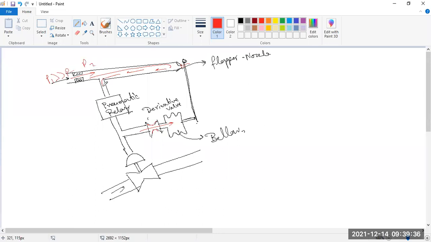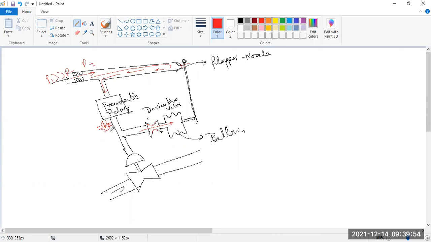Okay, so then it will come to this relay. But whenever this relay gets some back pressure, then it will just open this channel. Okay, because say if this is the relay, then due to this pressure, it will just open this area.